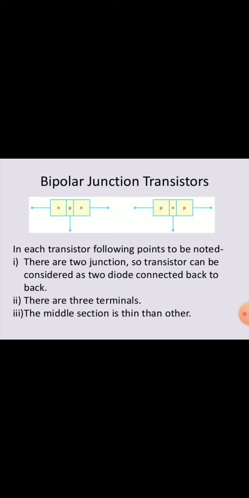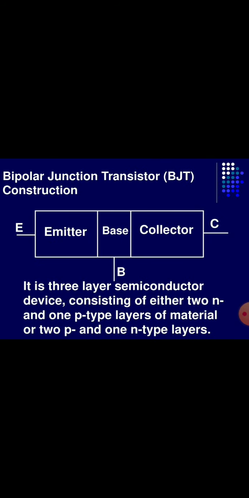Compared to the other layers, the middle section is a little thinner in the bipolar junction transistor.